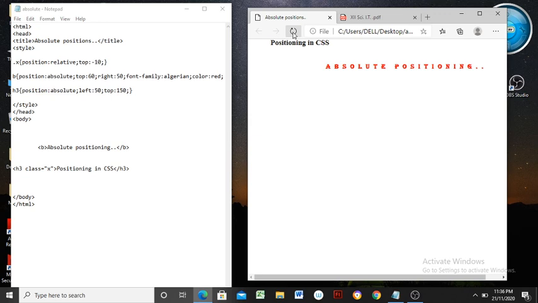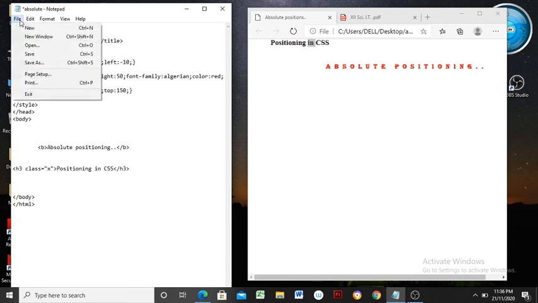See here, the content used within h3, that is positioning in CSS, it is moved at top. How is it possible? By using the value given at the property top. It's a relative positioning. You can also define a left position, left colon minus 10, a value to be given like this.